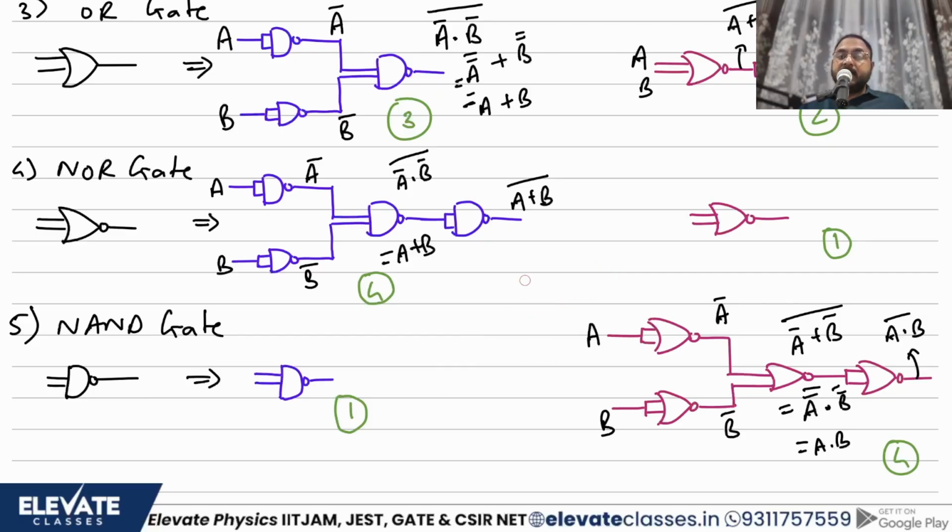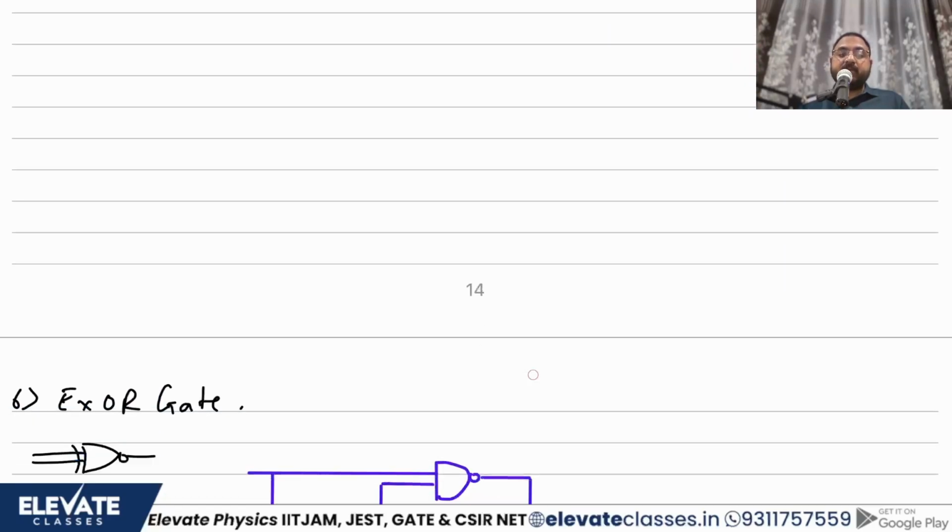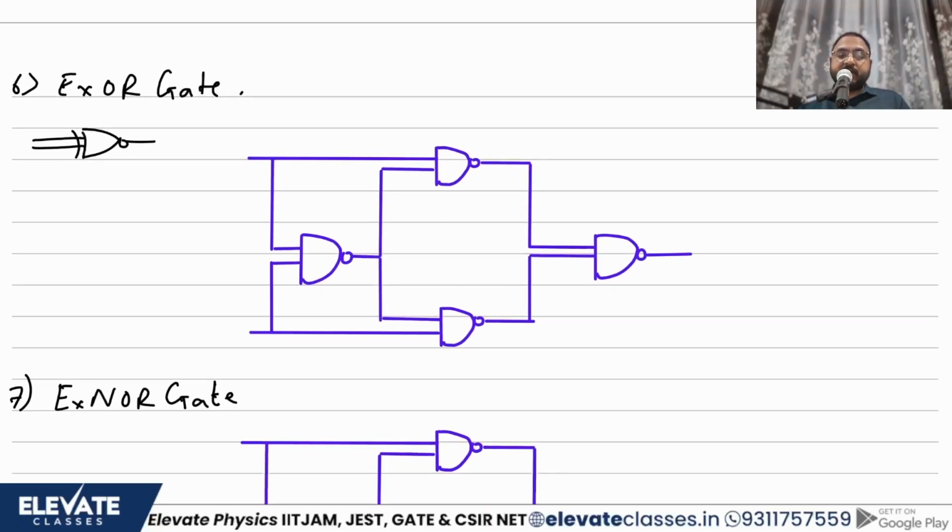Now have we finished with all the gates? No, there's one type of gate remaining, that is the special gates or the arithmetic gates, the XOR and the XNOR gates. Let's check if we can do the same for XOR and XNOR. Let me first start with the XOR gate. Now this is slightly difficult to do on your own, that's why I've already drawn the circuit. We'll work through the circuit and see if it works.